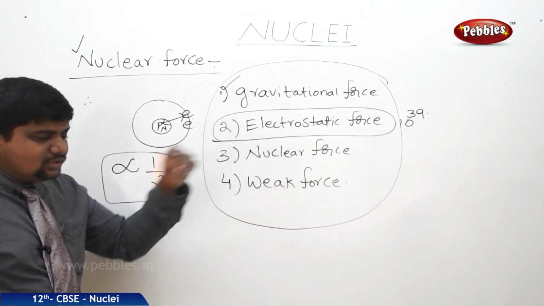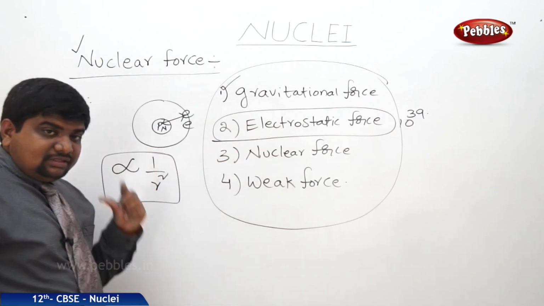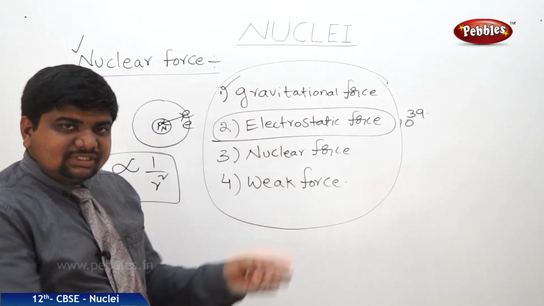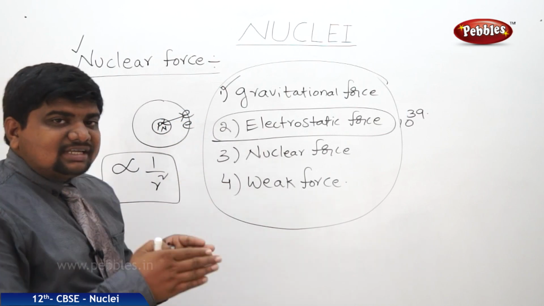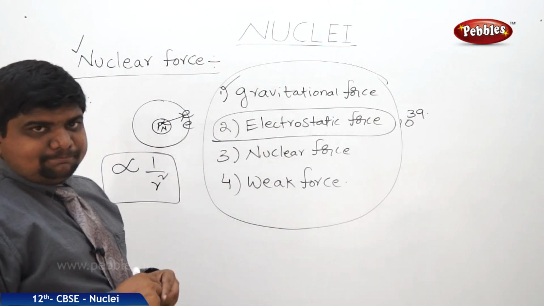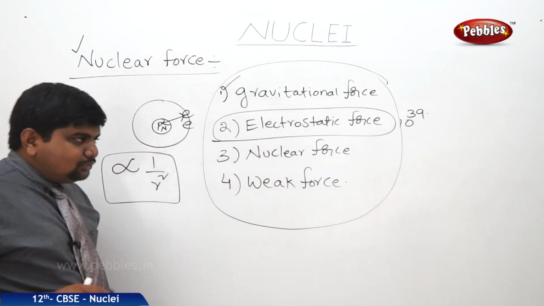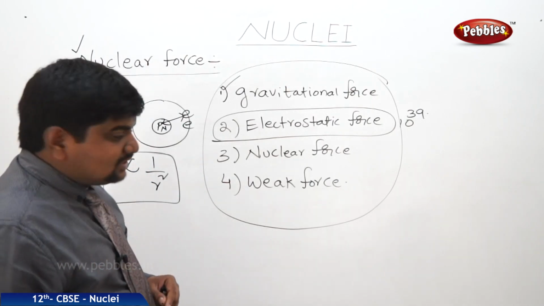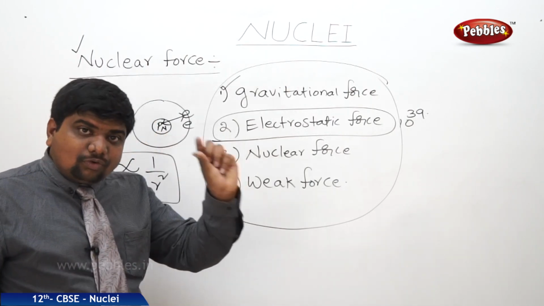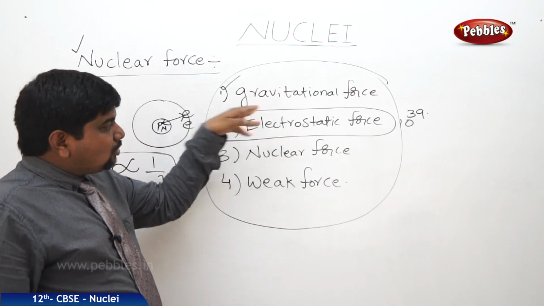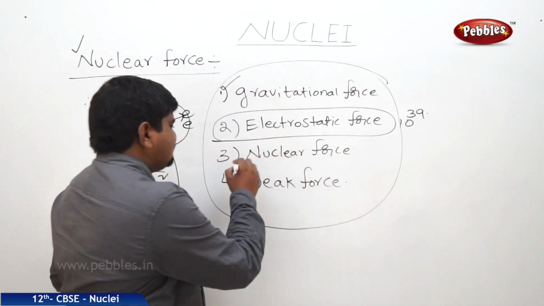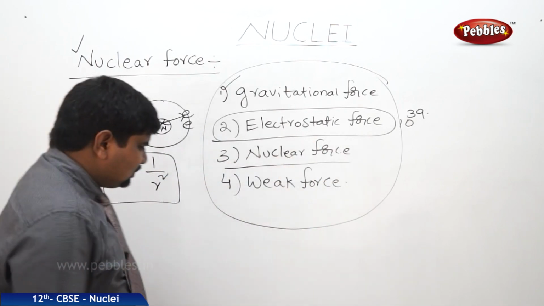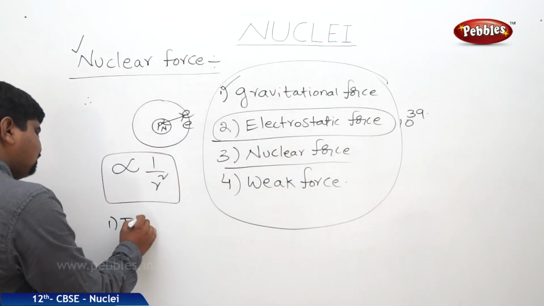Such like that, the strength of the nuclear force rapidly becomes zero when the charged particles are separated by a finite distance. Because of that, we can say nuclear force is a short range force which is strongest among all forces. These are the first two rules to understand nuclear force. What is the first one? It is strongest among all.